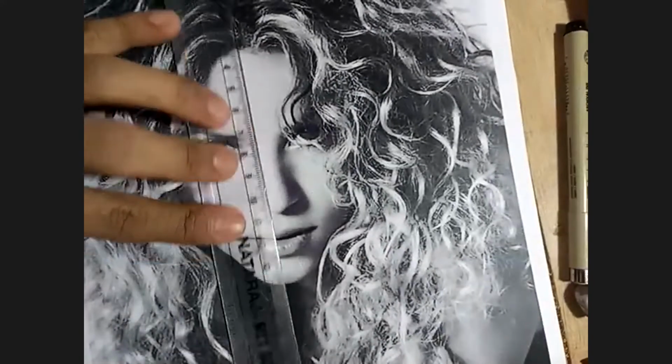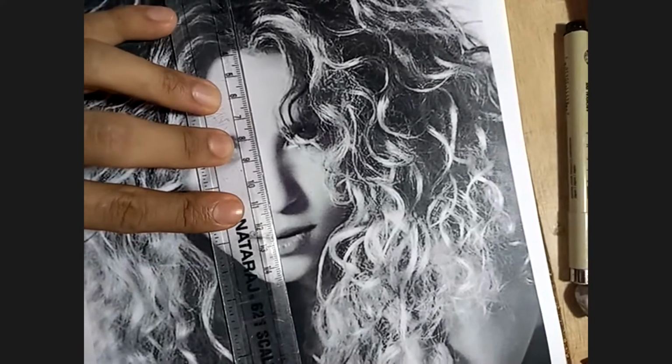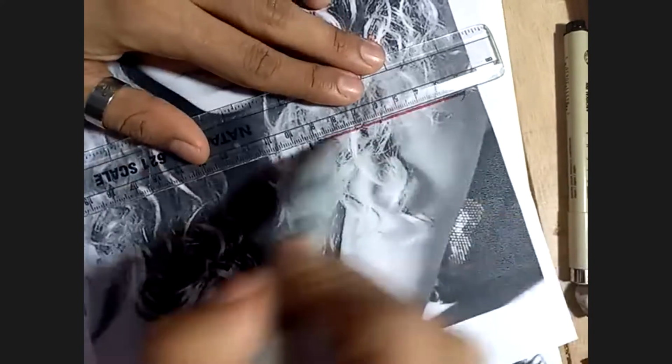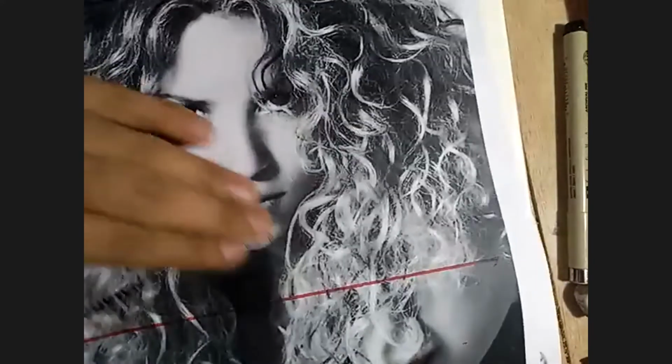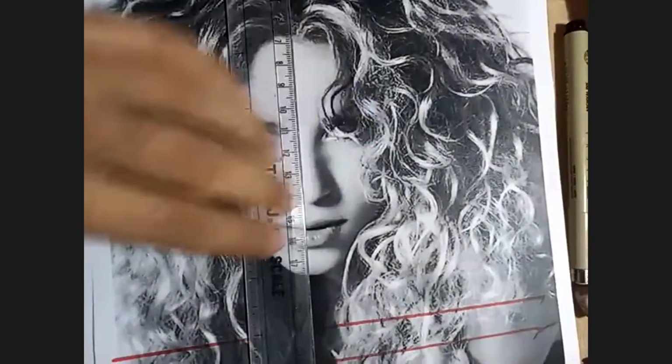In this entire drawing, my frame is going to occupy this much. So how much out of that is going to come?